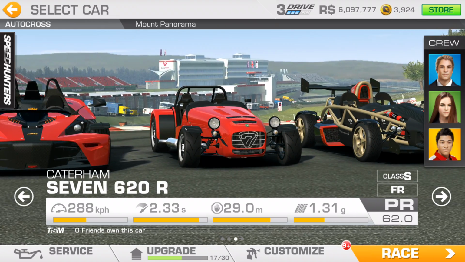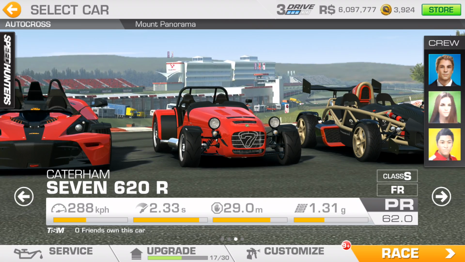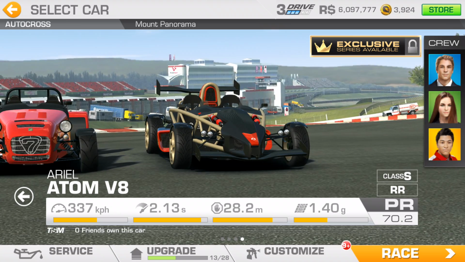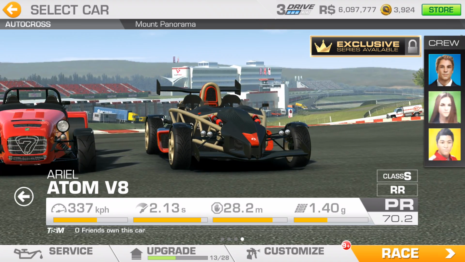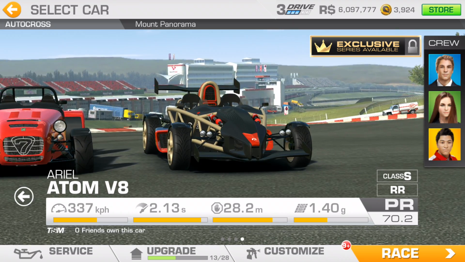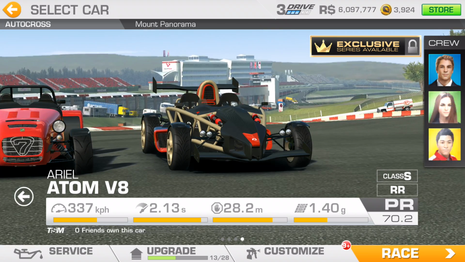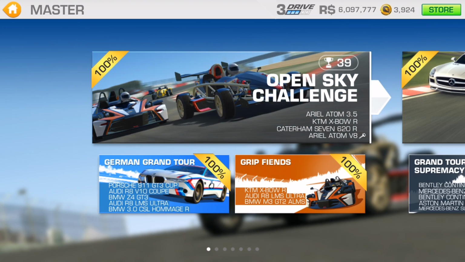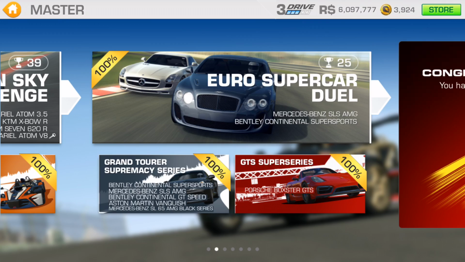The Caterham 7620, this is another car that can be earned with race dollars. And then there's the Ariel Atom V8. This car is only available in one series. It's a fun car to drive, but it's expensive. I think it's around 200 gold. So I would skip it, even though it only has one chance to get it. So you can get enough trophies in Open Sky Challenge with just the Ariel Atom 3.5 and the Caterham to open up the next series, and that is Euro Supercar Duel,